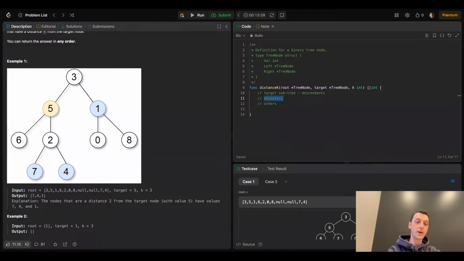So, yeah, there is only one grandparent, if it exists. There could be many descendants,